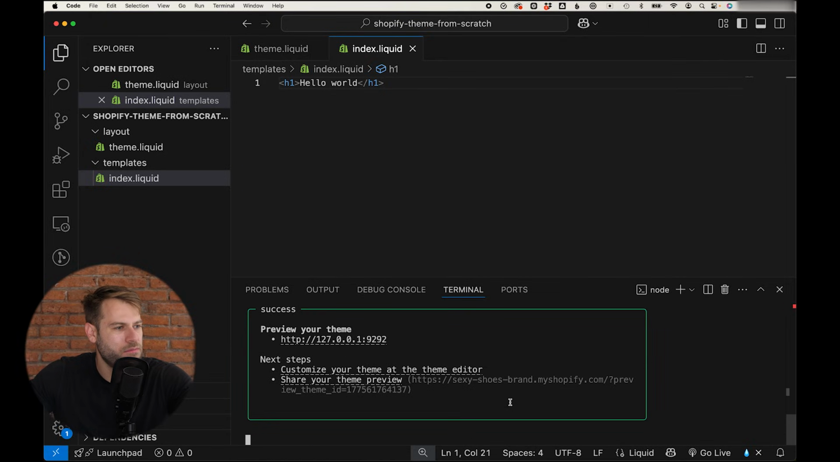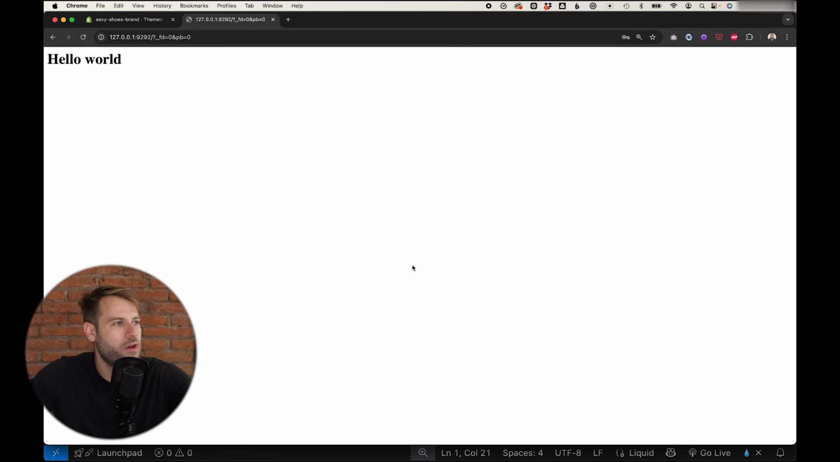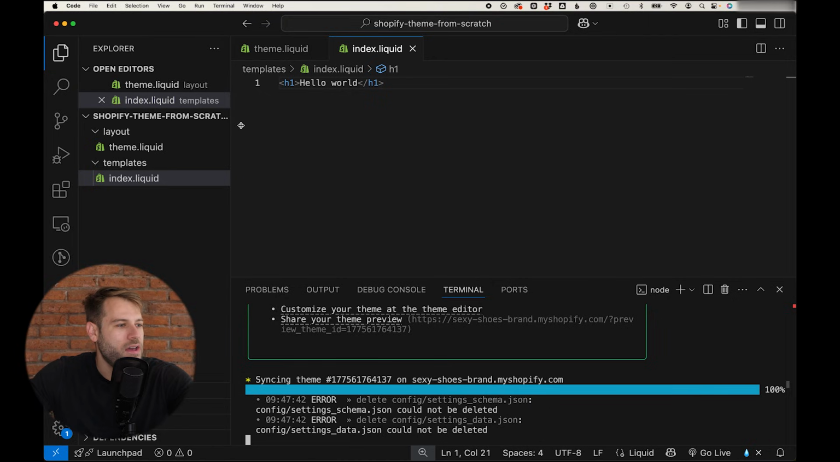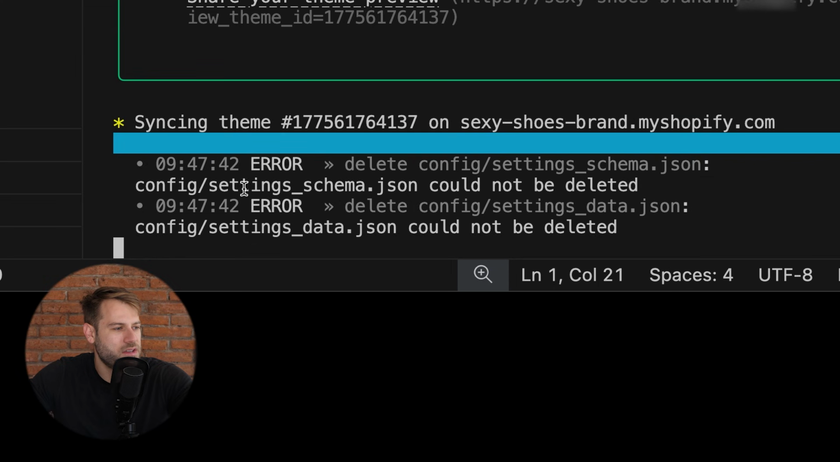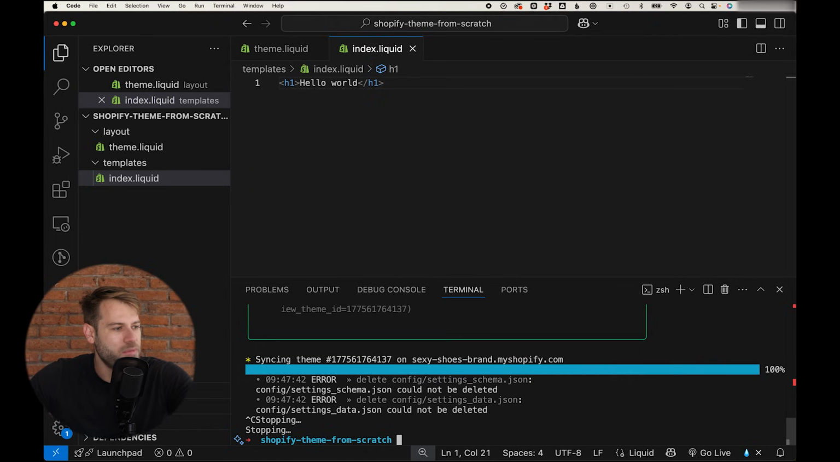Yes, we will confirm. Okay, here we go. We've got hello world coming up, and there's actually no error, and I believe that's because it's reading the old settings_schema.json file from the previous time I was running Shopify theme dev with the file. See that says here settings_schema.json could not be deleted. Obviously it's storing the previous file in memory, so let me close this down and try and show you